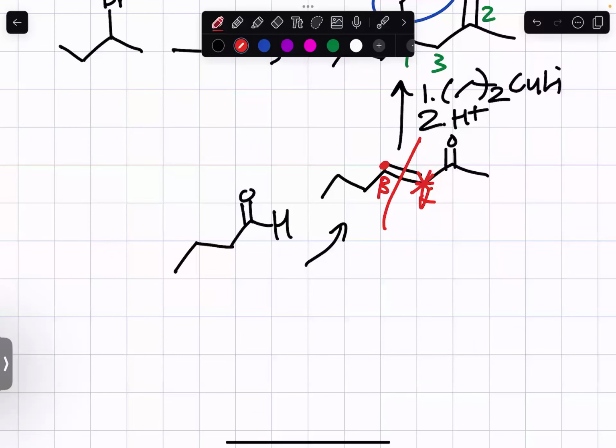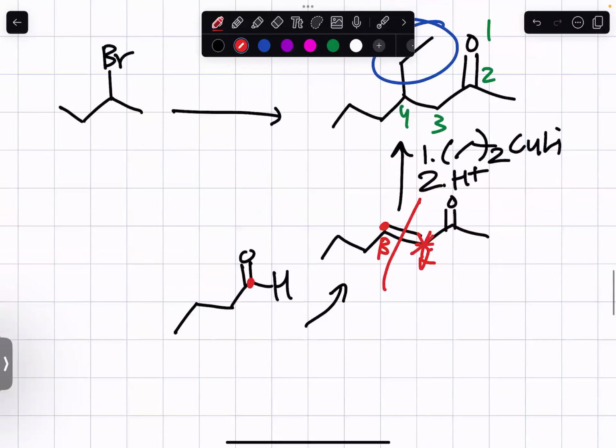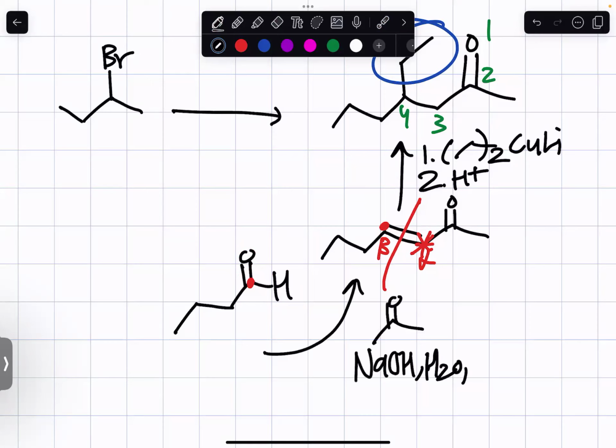Let's say that this was the beta carbon right here. That is the electrophile, with the carbonyl right there. And then on this reagent, we're gonna put that acetone with base, water, and heat. Right? Because the base, water, and heat will generate the enolate ion here, making this alpha carbon the nucleophile, which